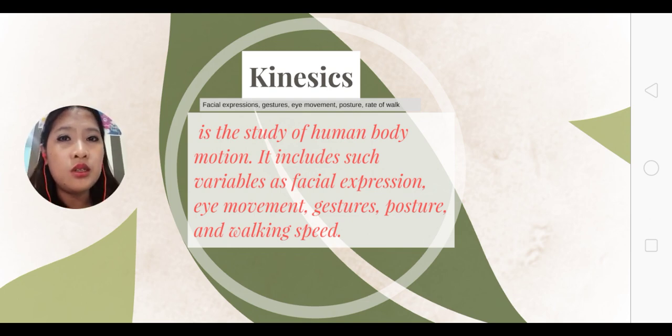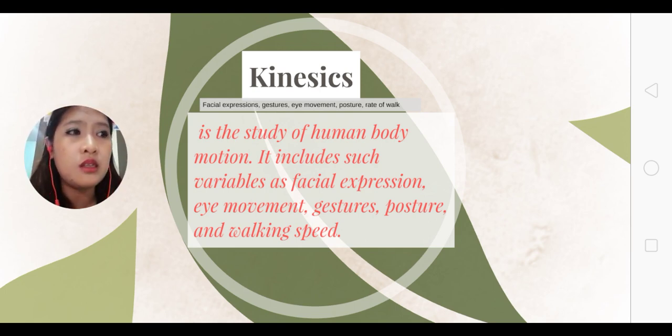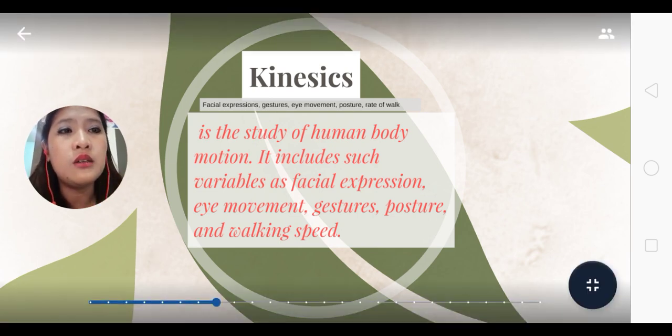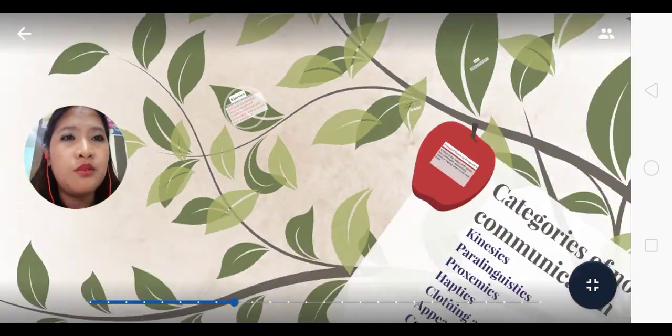We could also consider the movement of the eye. If the person looks at you while he or she is talking, you could say that the person is sincere. If the person doesn't look at you straight in the eye, there is a possibility that the person is lying. But bear in mind that that is not an ultimate fact, because there are people who are really, really good in lying. So let's move on.